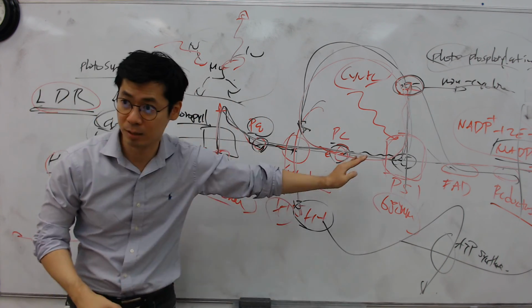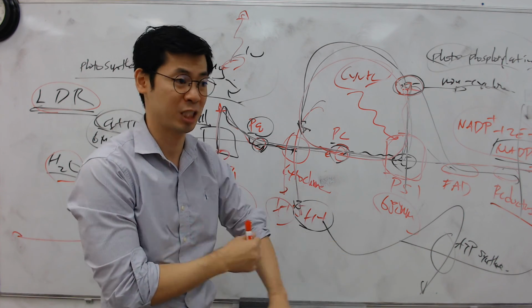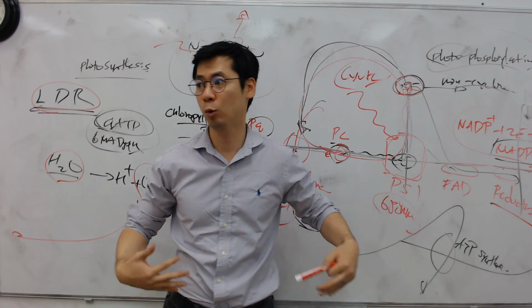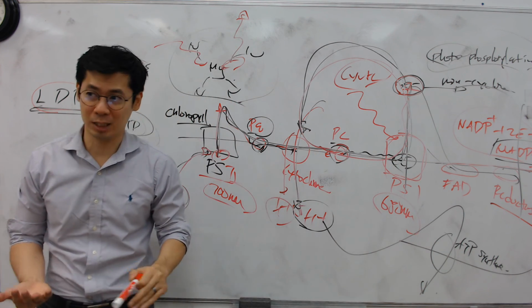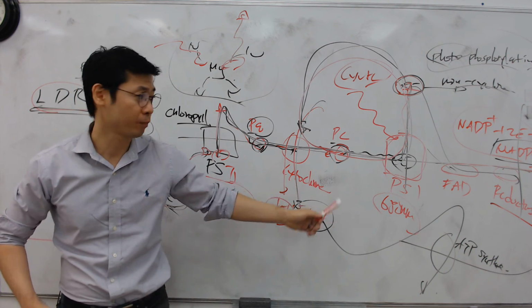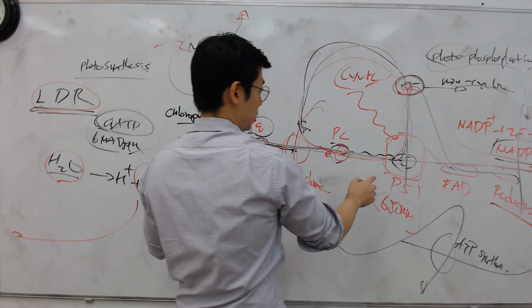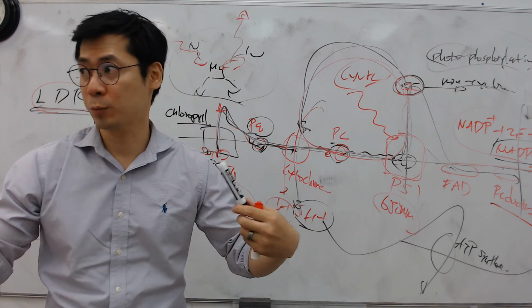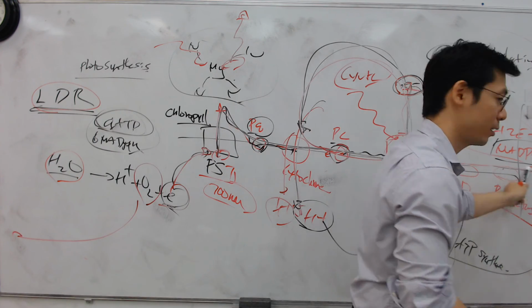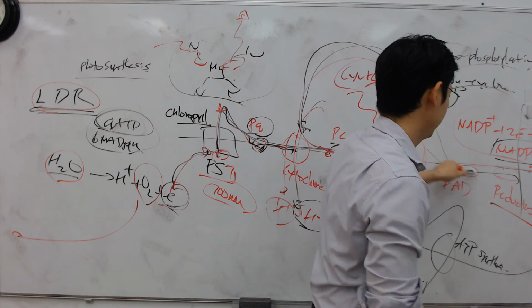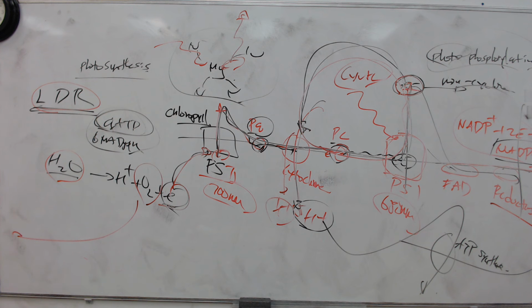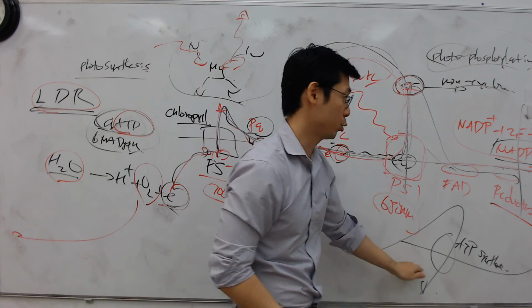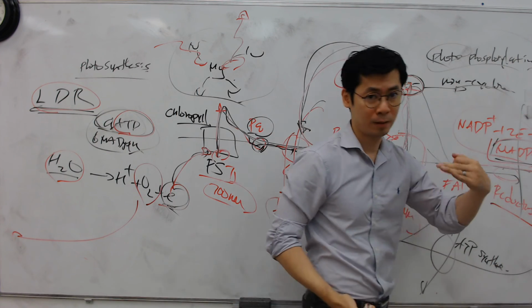They run this process until they have enough ATP. If they need more ATP, they run the cyclic process. There's no cyclic process in animal cells, but plants do have it, because they have a two-photosystem setup here. If enough ATP was produced, they go into non-cyclic again and go down this way. So again, what's the purpose, guys? Produce ATP using ATP synthase, and also produce NADPH for the Calvin cycle.